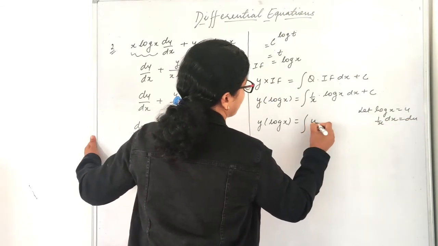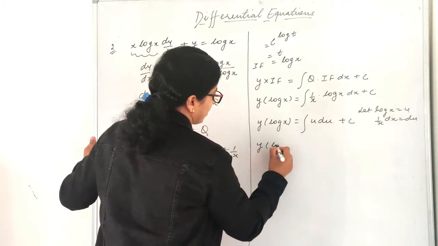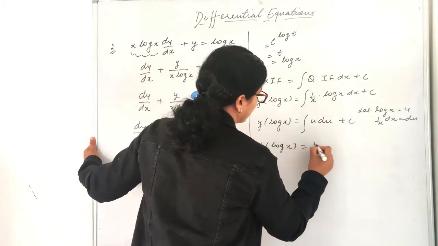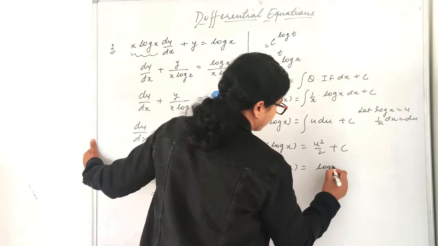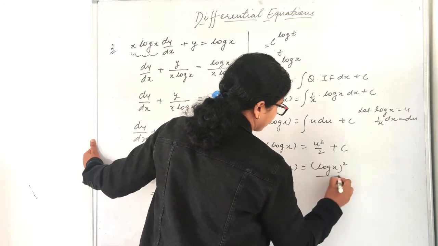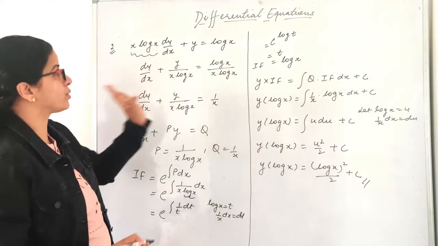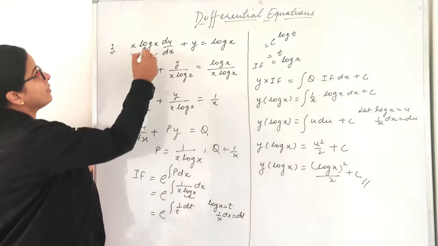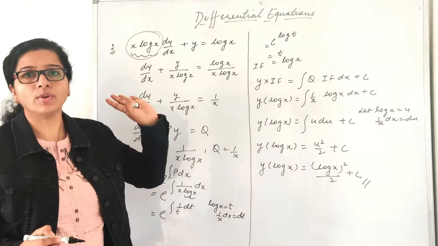So here it will become integration u du plus c. So y log x equals to u square by 2 plus c. This is the required solution. Okay. So whenever you have any term along with dy by dx, divide by it throughout and then solve the